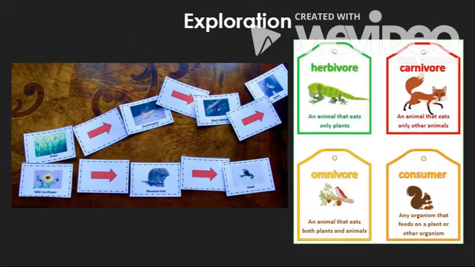During the exploration stage, the teacher will explain how to participate in an activity involving flashcards. The students will work in partners to organize and categorize the different organisms into each level of the food chain. While the students are completing the activity, the teacher will be walking around answering questions and observing the students' progress. The teacher will also be questioning the students as to why they place a certain organism at a certain food